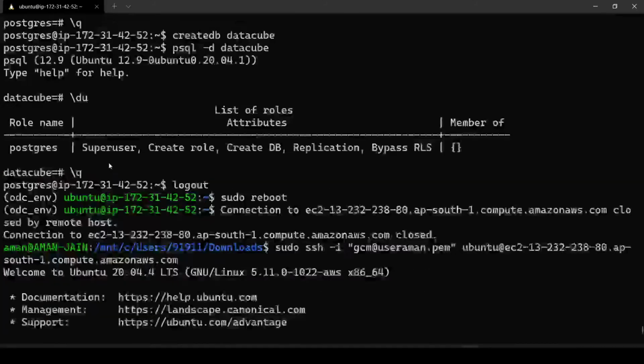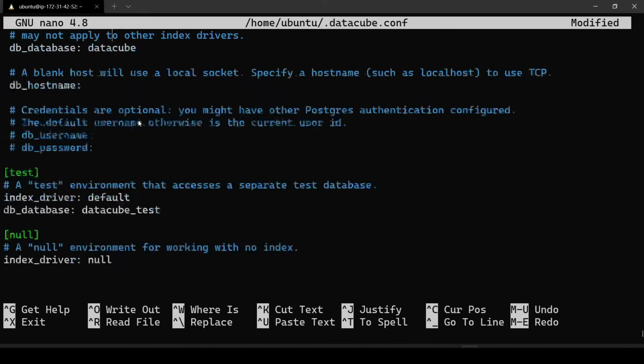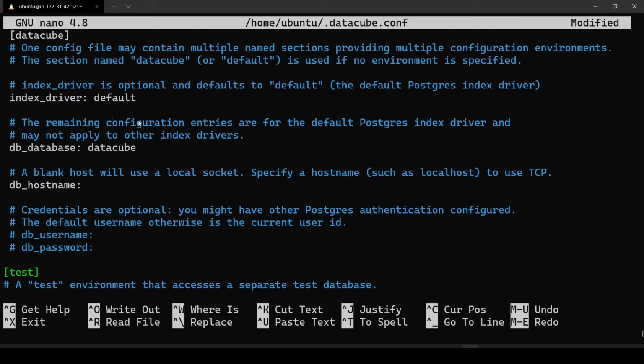We have to modify a lot of these things. So let us go to the top. Index driver, database, nothing you have to change. Host name, currently we'll use localhost, but once our database is set up and indexed, we can change the IP to our public IP. Our username is postgres, and we haven't really set the password.